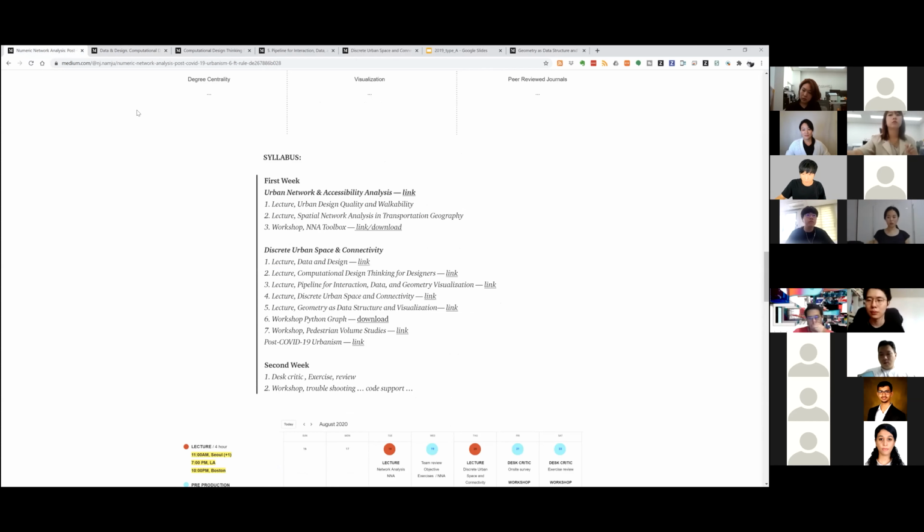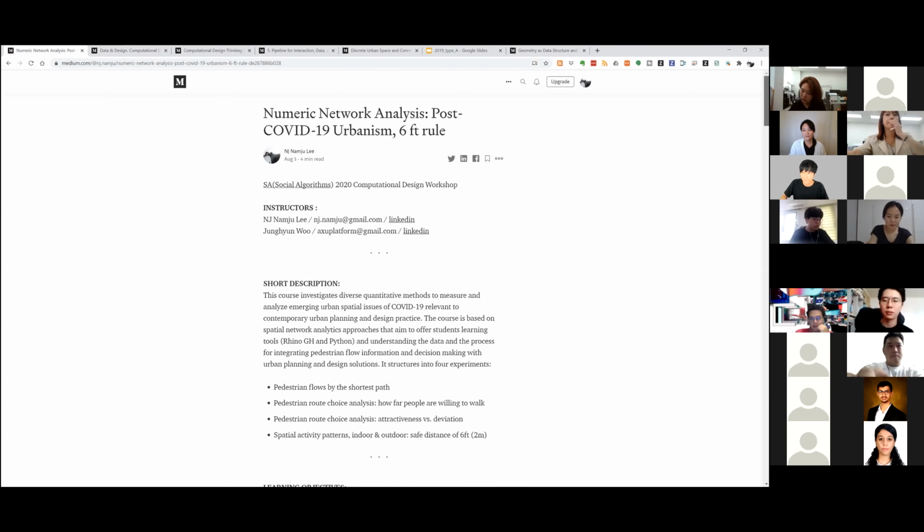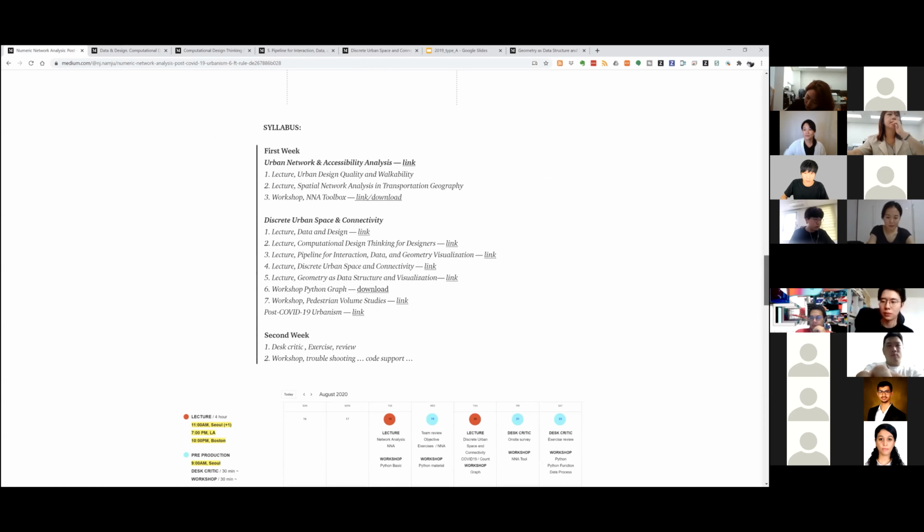Great. Okay, we have one question here. Oh yeah, sure, absolutely. I can share this page. I think this is our main medium page here. All the material is inside of this page. It's like a root page. Think about a graph. This is a root graph. It has a lot of nodes and connectivity. Okay, great. Let's jump to the next topic here.